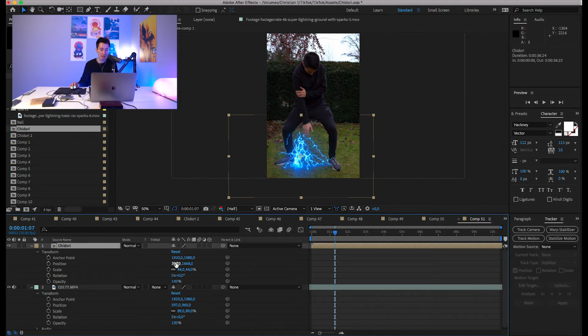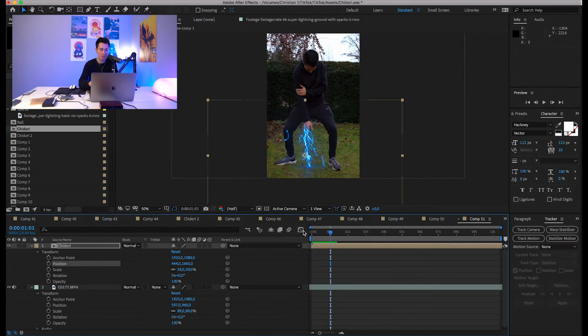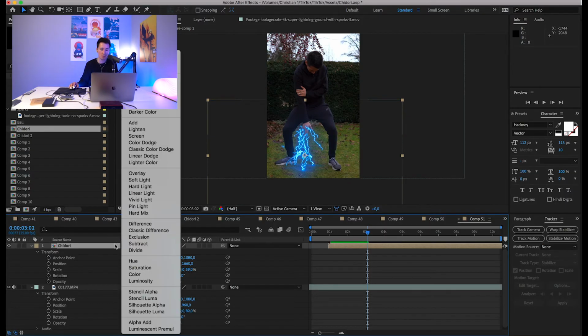The Chidori has to be a little bigger. Something like this. And as you can tell, it actually starts too early. It should start here-ish. It doesn't look that great, but that is because it's still set to normal in blending